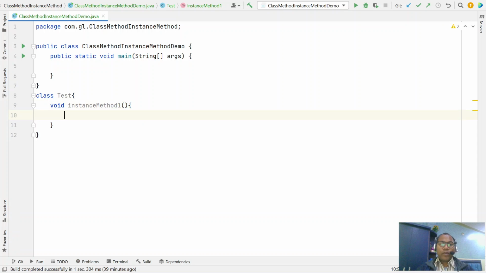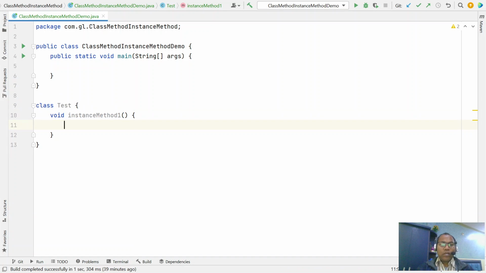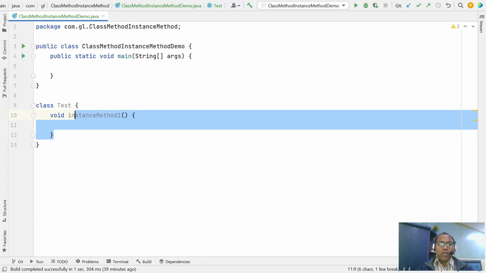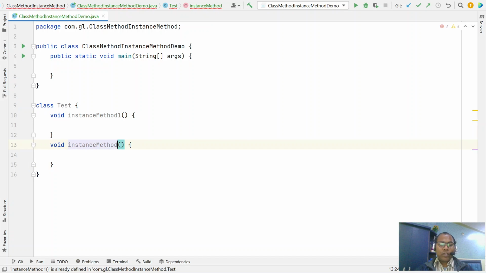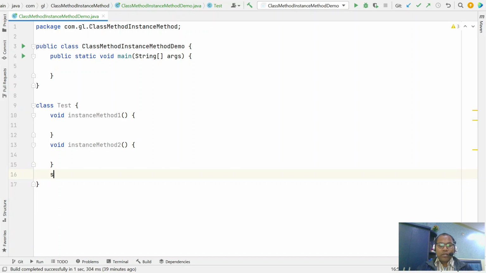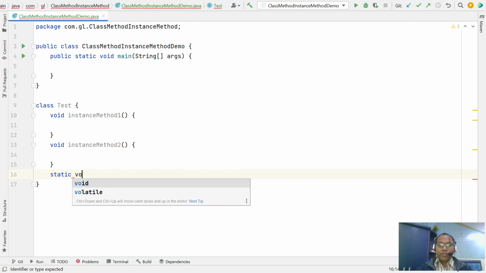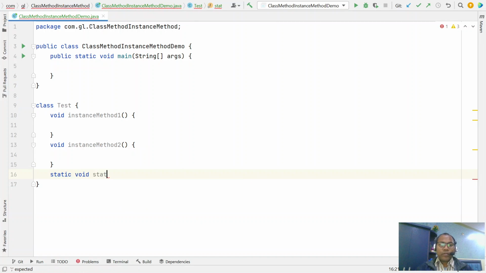In any class you can write multiple instance methods, and even you can write a static method.